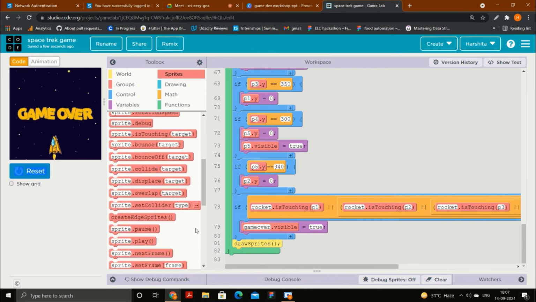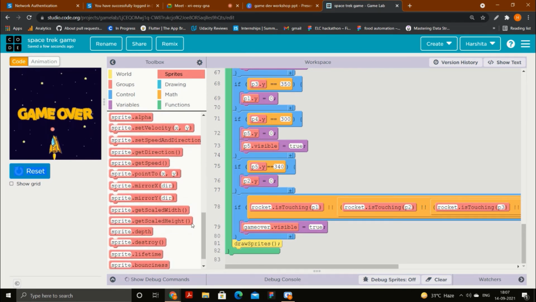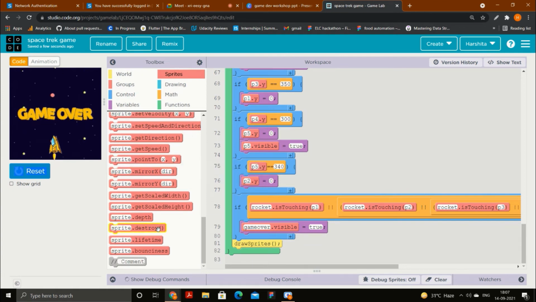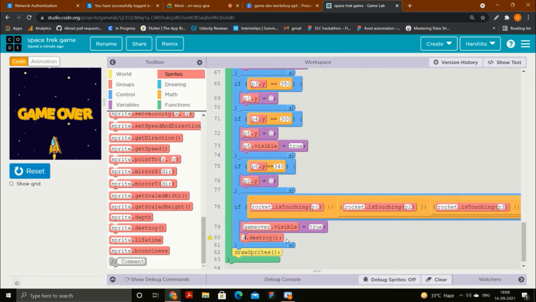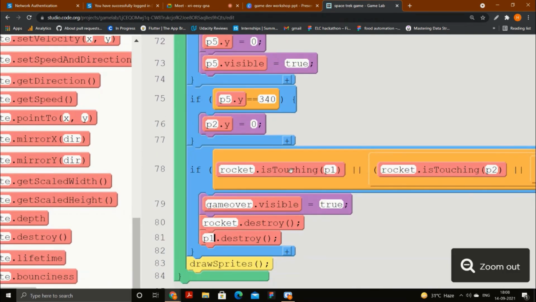So you can go to the sprite section and find destroy. If you go to the bottom of the screen, you can see destroy here. Put it here. First of all, I want to destroy the rocket, so I will put rocket, destroy. I want my planet one to get destroyed. See, this is the condition: if the rocket is touching any of the planets, then this should happen.